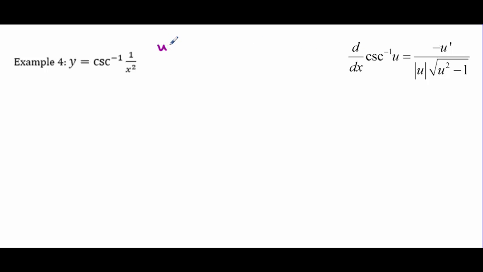So u is 1 over x squared. To take the derivative of 1 over x squared, I need to think of that as x to the negative 2, assuming I want to avoid the quotient rule, which I know we all want to avoid the quotient rule. So u prime is going to be negative 2x to the negative 3rd, because I multiply by the power and then subtract 1, so it makes it more negative. So dy over dx